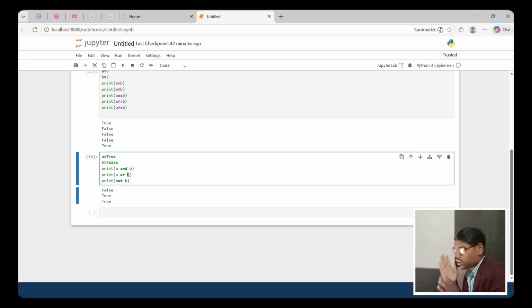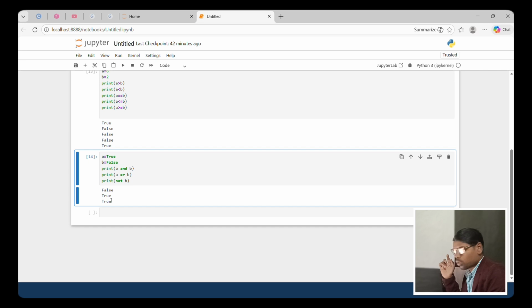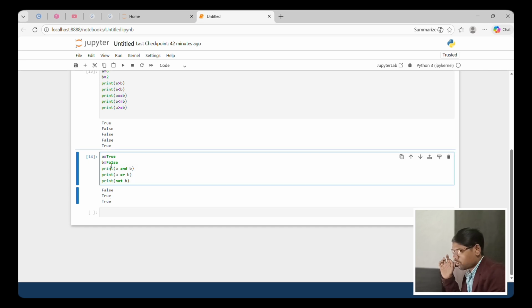But or, okay, or contains a true and a false value. Okay, but at least one value is true, so the result is true. But not is opposite, like B is false and the result is true. Okay, the A variable contains true, the result is false, it's opposite.